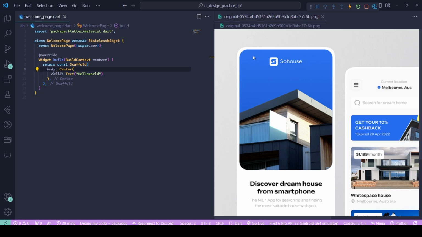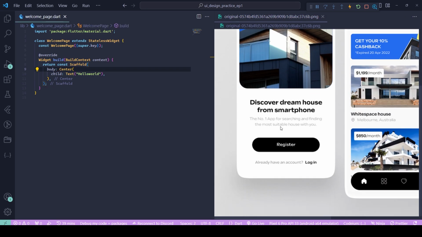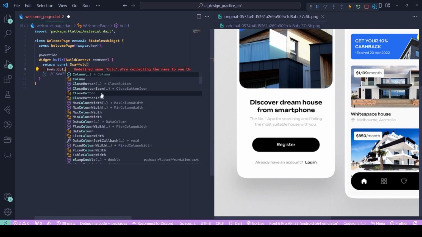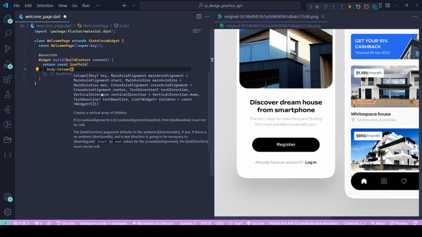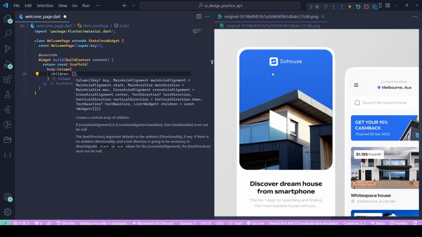So as you can see, we need a column, so we can actually put our image first, then our text, then the button, then again the text. So for now, I'm gonna create a column here, and I need to call the children of it. Then we need, actually, we can use a stack widget,